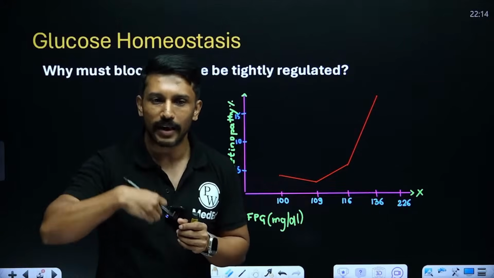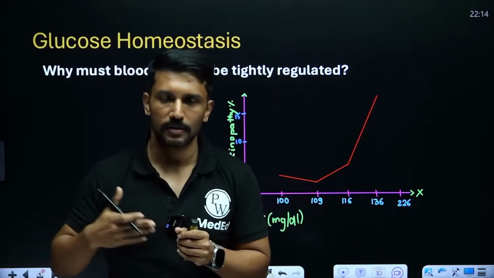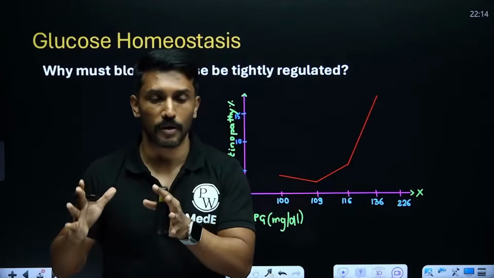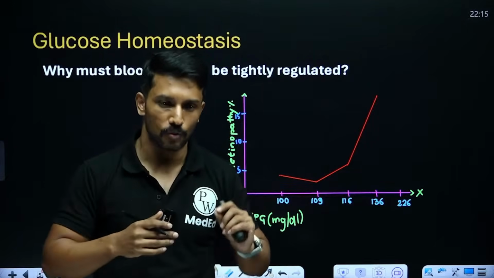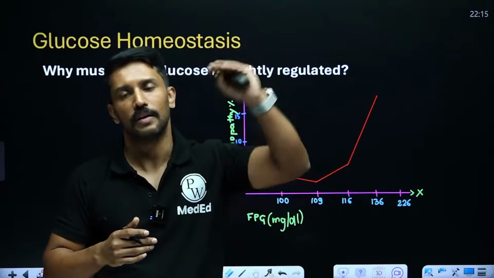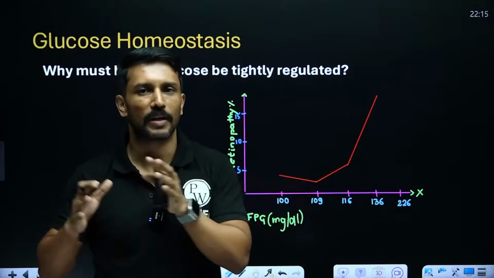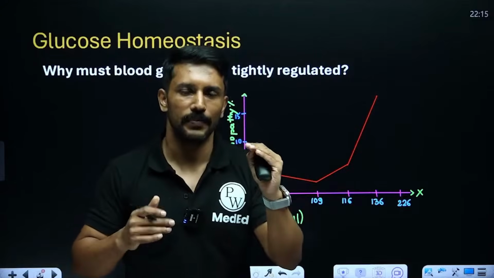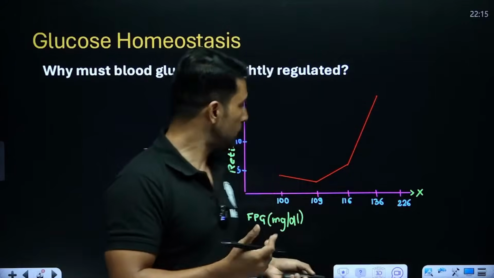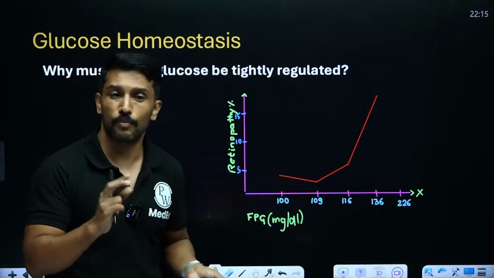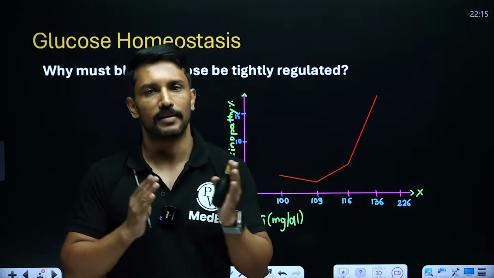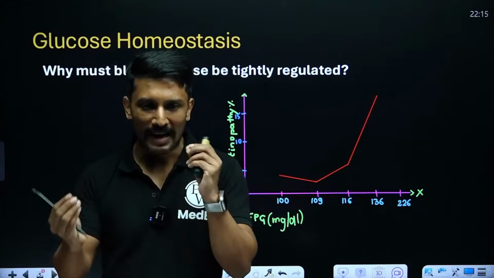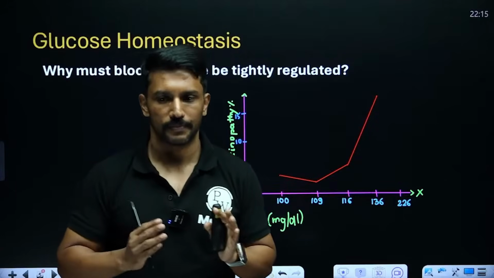Because our intake of sugars, carbohydrates, fats, and proteins is not going to be constant. It will be fluctuating. Sometimes the carb load is high, so after the meal the blood glucose levels will rise significantly. Sometimes it is low, so they will rise a little bit. Now, how will the body correct it? As we know, we have two major hormones regulating the plasma glucose values. One of them is insulin and the other one is glucagon, right? They are antagonistic to each other.